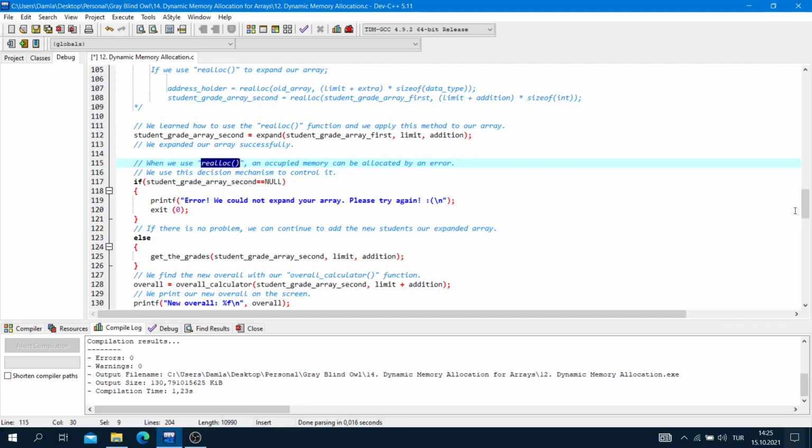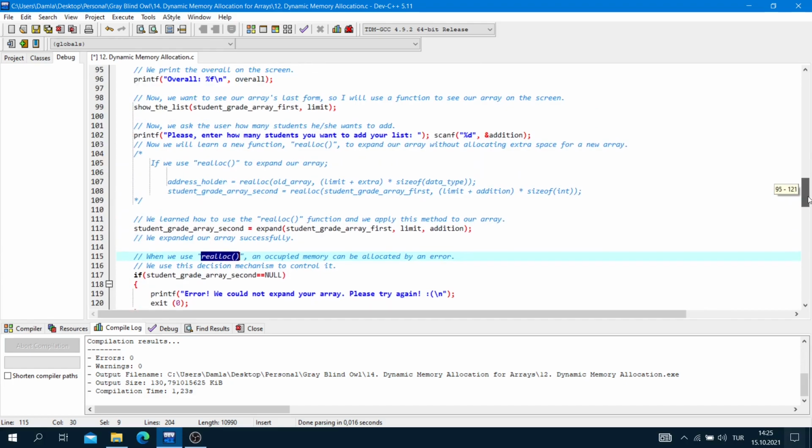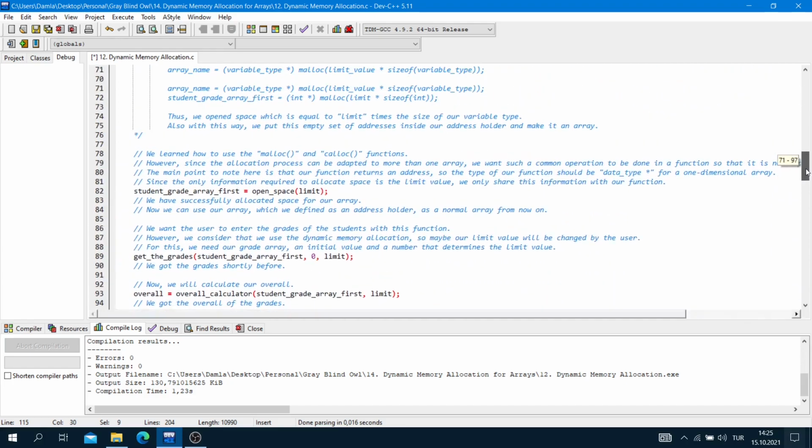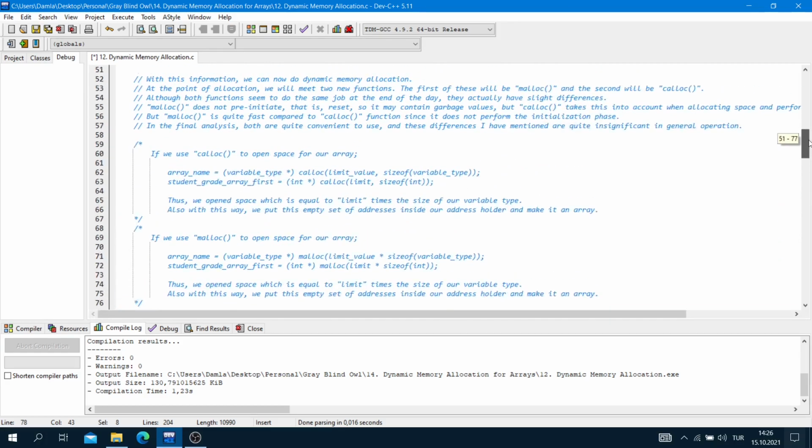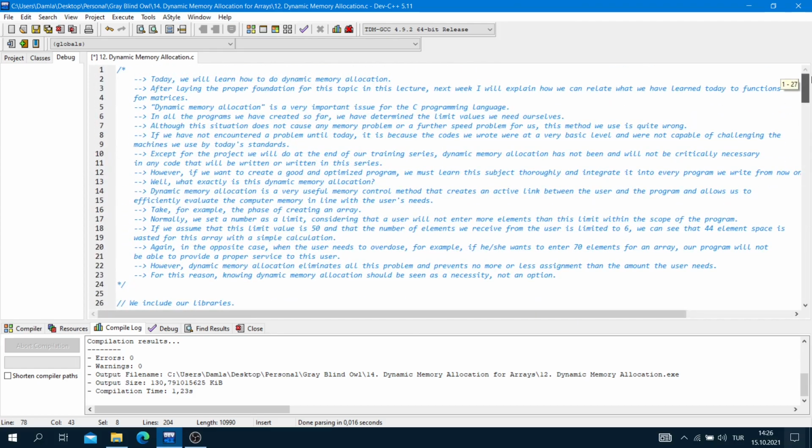And the third one is calloc, and the fourth one malloc. Malloc and calloc open spaces for our arrays and our matrices. I will explain how we can relate what we have learned today to functions for matrices next week.